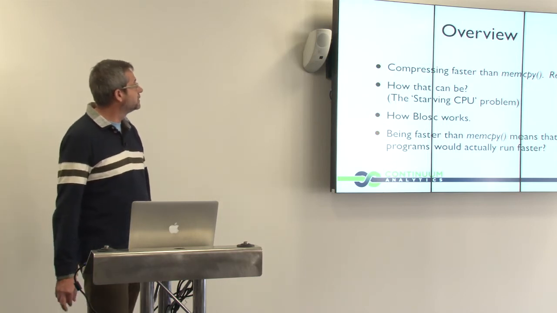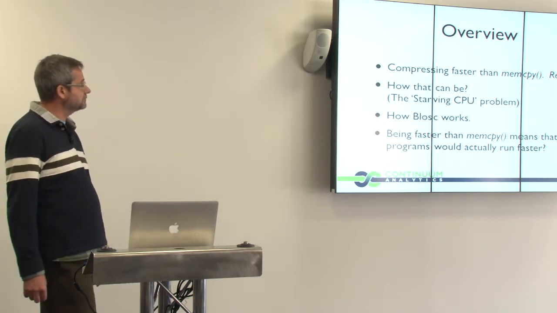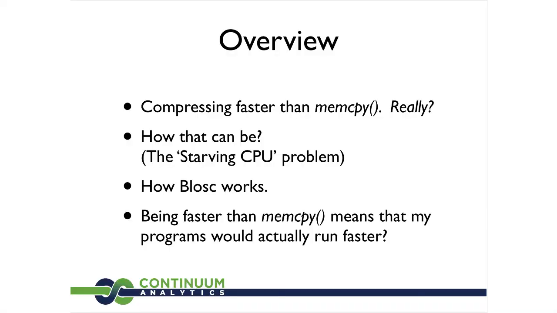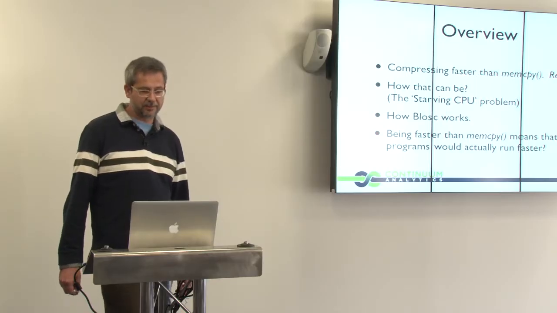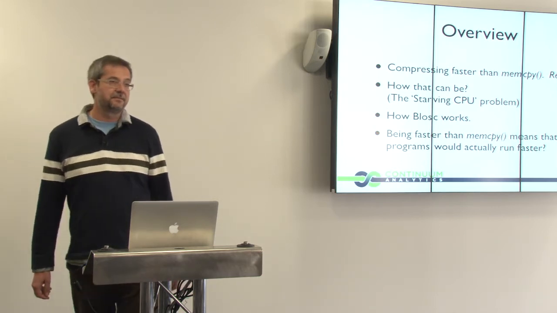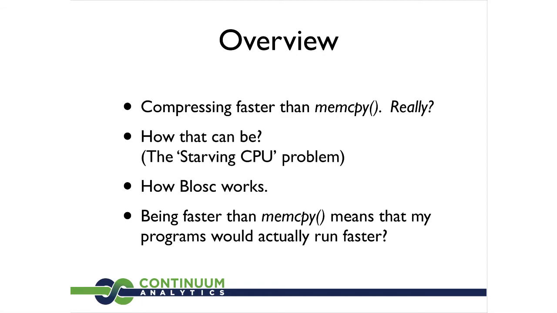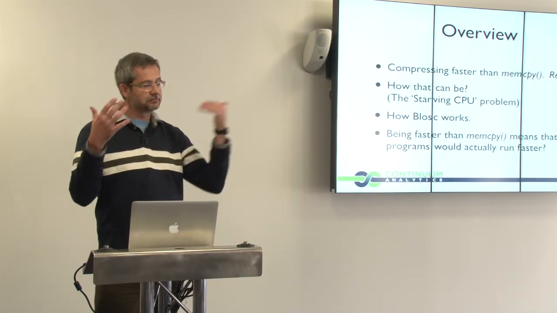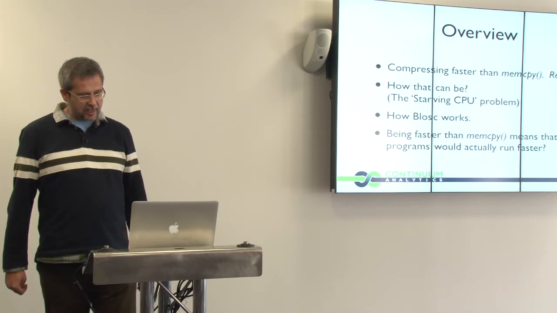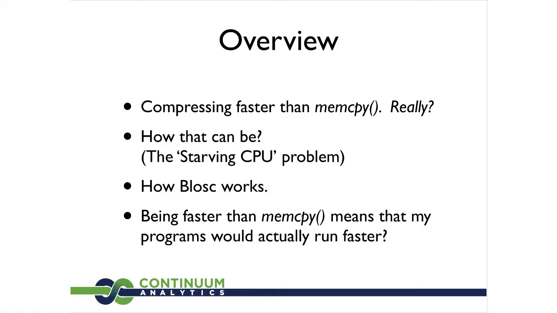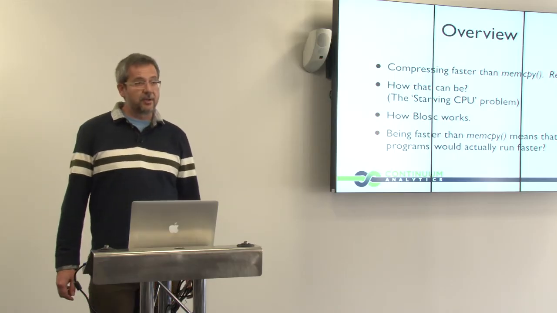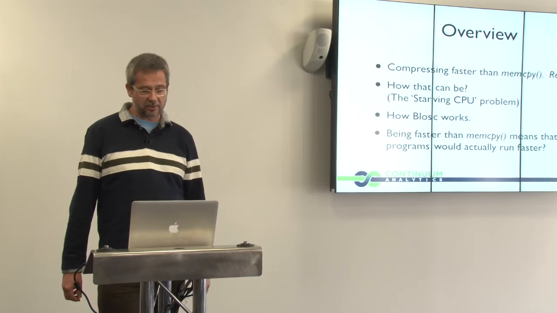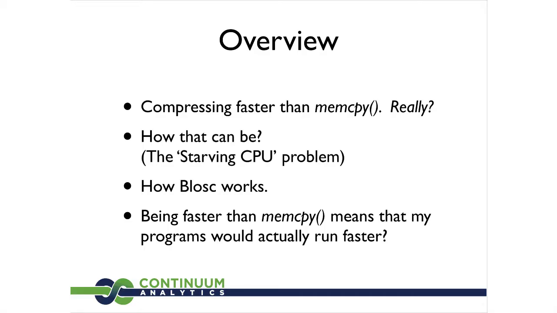So let's go to the meat of the talk. First of all, I will show you if we can actually compress faster than memcpy. I will show you some benchmarks. Then, if this is the case, how can we do that? Because in theory, nothing can be faster than a memory copy, right? And I will introduce the starving CPU problem. Then I will go a little bit more in depth on how Blosc works. And I will finish by